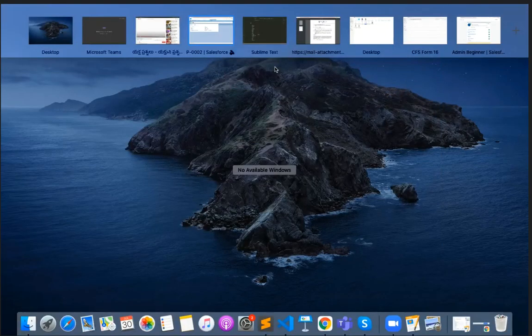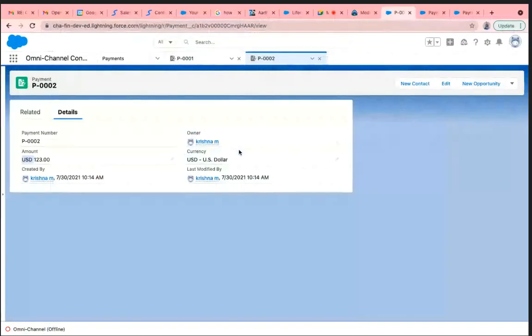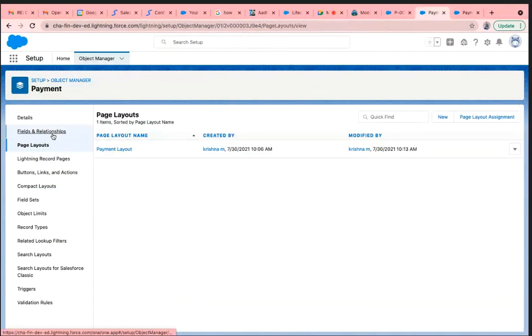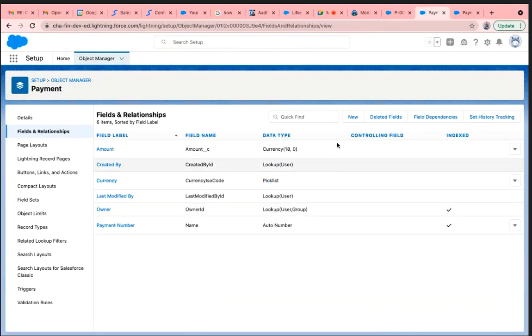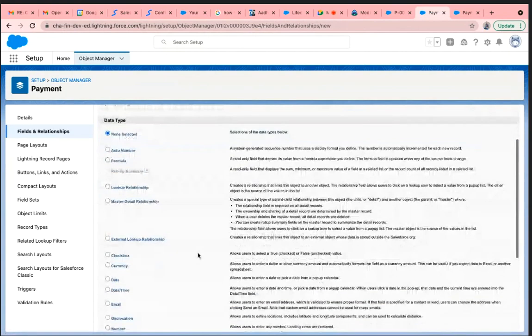Let me take a few more fields. Currency, checkbox. Checkbox is active. This payment is active: has the payment happened or not? I can take it under fields and relationships. You can create one more field, called checkbox.